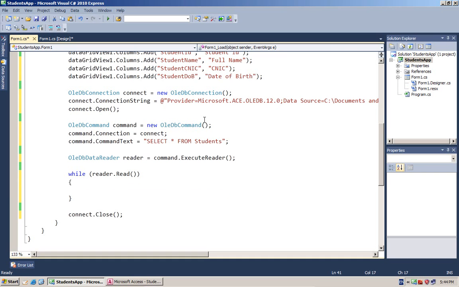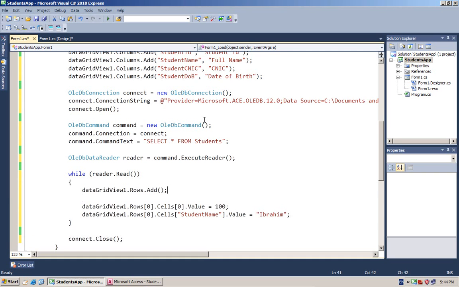Of course this will give us an error, so paste the code over here. Every time this loop runs, a new row will be added and the data will also be added, but the data this time will not be coming from the static data, but rather from this reader.